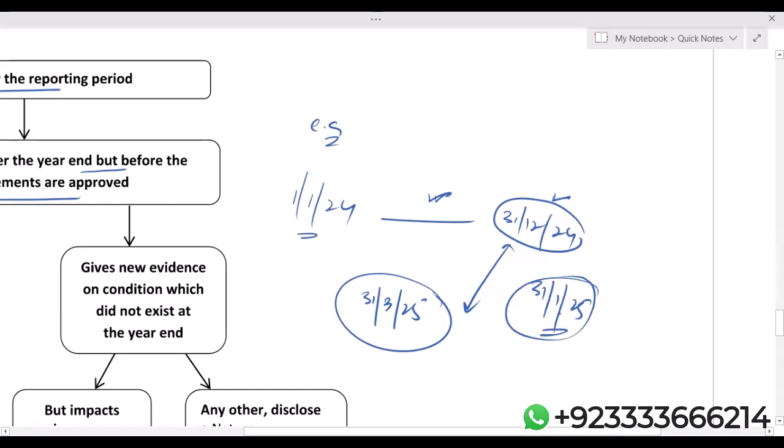on SOFP date, you had the information that one of your customers is going to be bankrupt. Now, actually, you know that on 31st January 25, that customer is bankrupt. So it means that now I have to adjust my financial statement. Let's say there was a receivable of $10 million and now you'll be getting just 1 million. So you have to recognize the loss of $9 million.